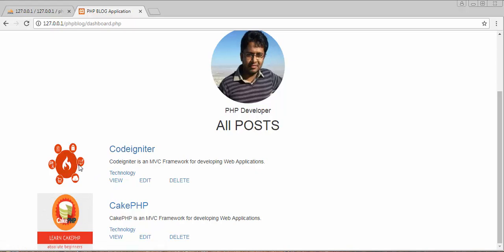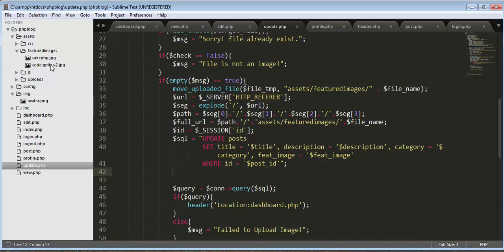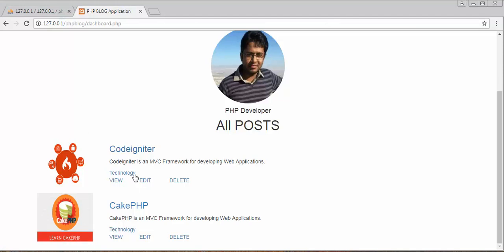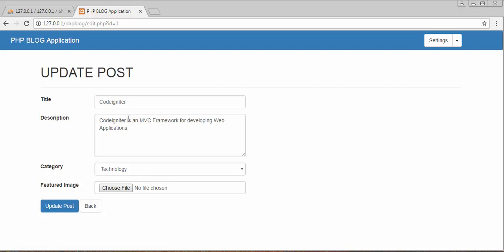I will change the information, and if I want to update the image, I will select a different image. In that case, I should delete the previously uploaded image from this featured images directory. For that I should use the built-in function unlink, and inside this I should specify the path of